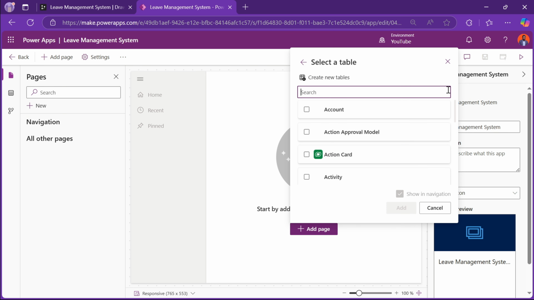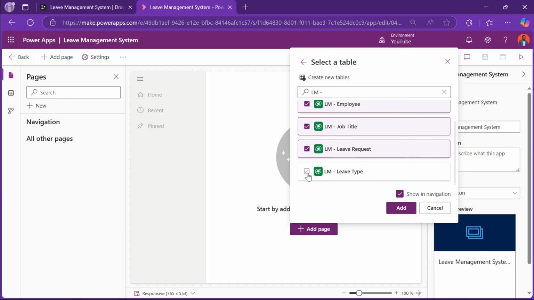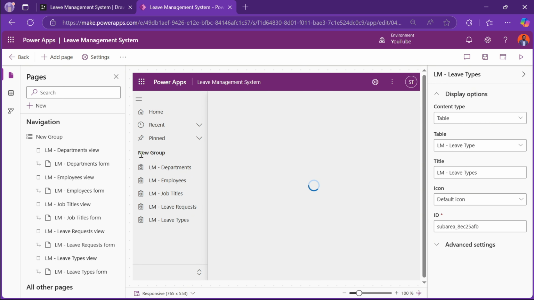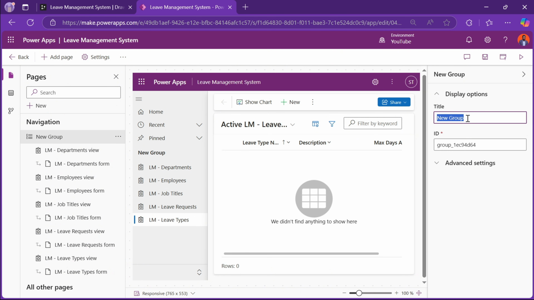The reason why I was adding the prefix is to ensure that it's easy for us to locate all of our tables. So by just searching LM, you can just select all of your tables from here. All right, add and show on navigation. And as you can see here, we only have a new group here. So you can just name it to say leave